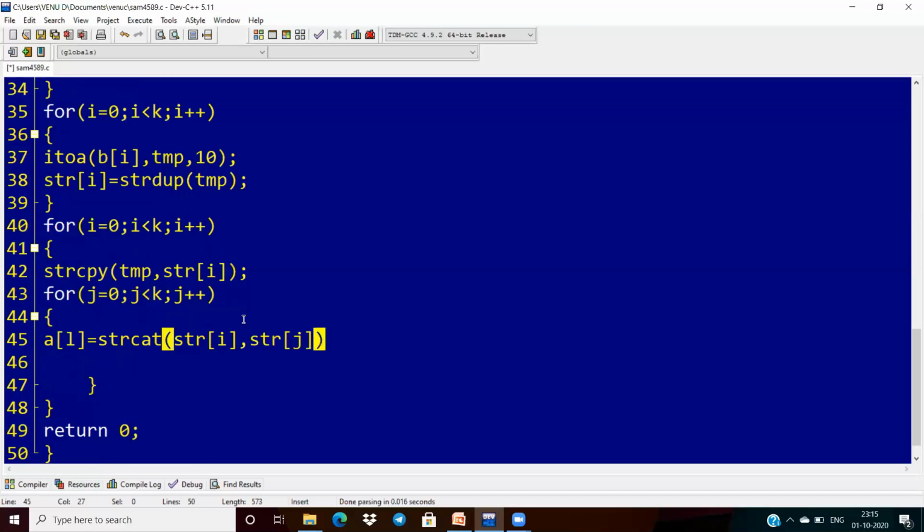See, we have concatenated two numbers; we are converting those two into strings and concatenating again. Okay, no problem.